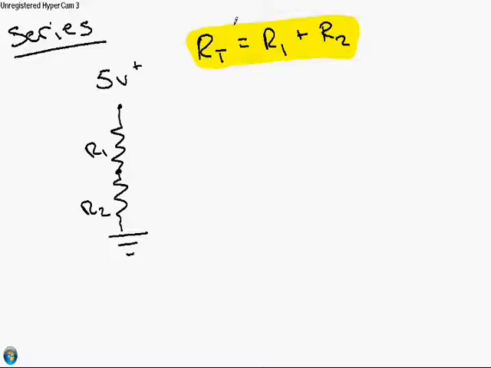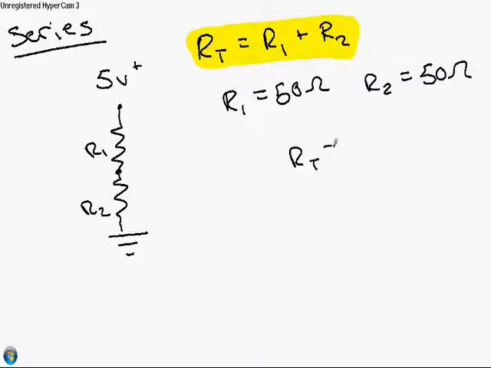Okay, so what does that mean? Well, it means you can take, say, R1. Say R1 is 50. R2 is also 50 ohms. So the RT is 100 ohms. So the total resistance. So when I'm saying total resistance, what I mean is